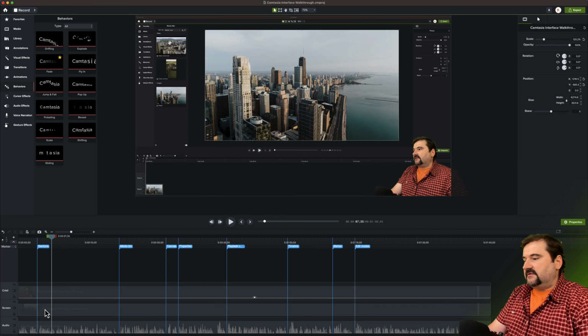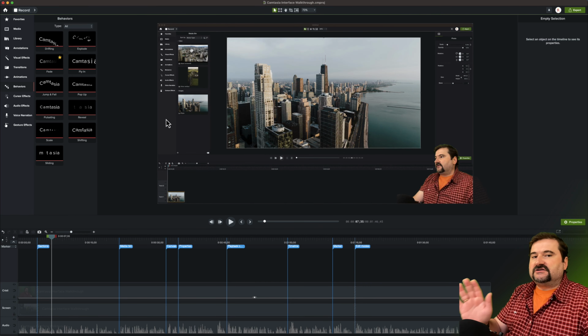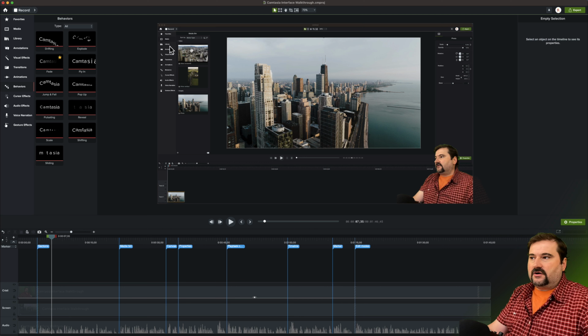Let me remove this animation here because I want to leave my screen untouched. I'm not going to zoom into this particular screen here, but I want to see the detail area of this particular corner that I'm showing. And I want that to move as well. So you will see the mechanics and the physics of this effect.